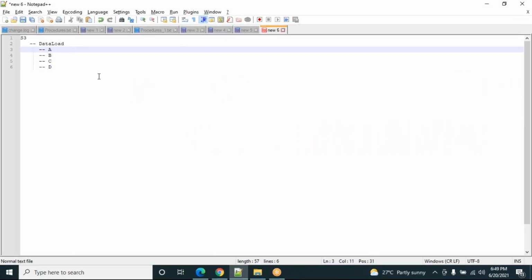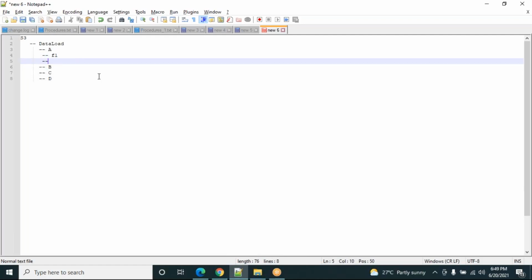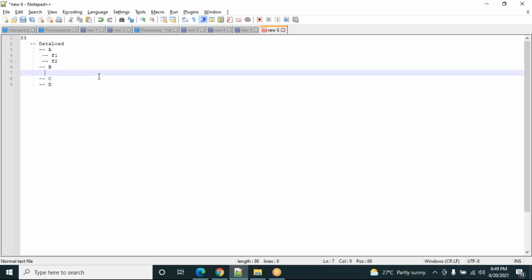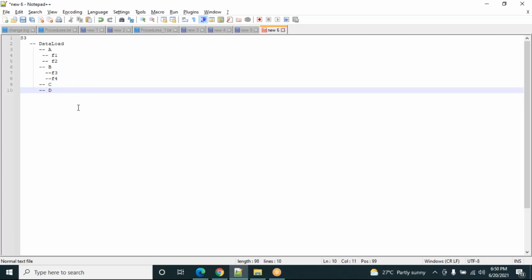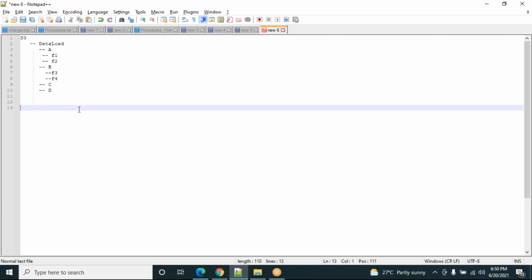That should be okay. It's pretty simple. So the files are F1, F2, F3, F4, for example. When you create the stage and then say list at the rate of your folder name,